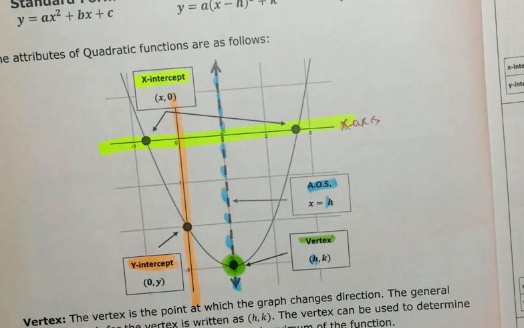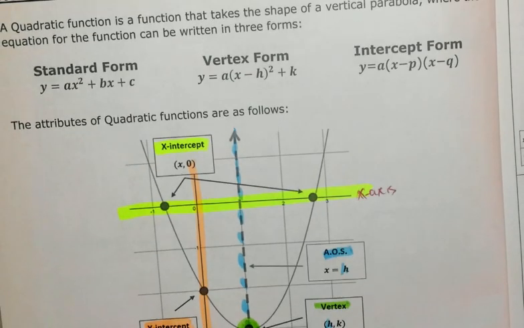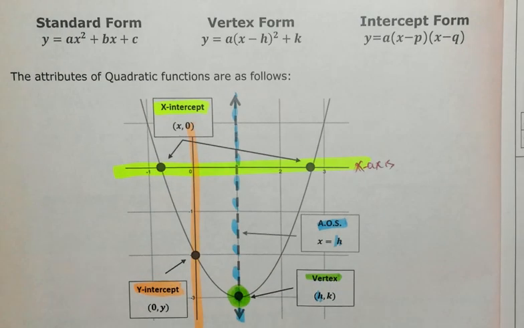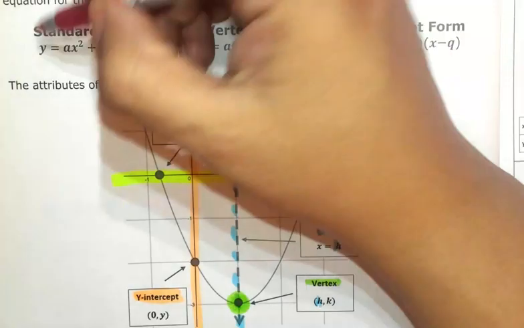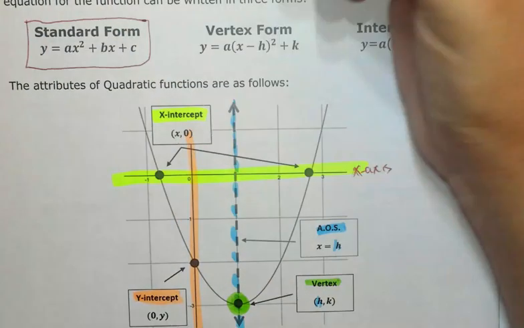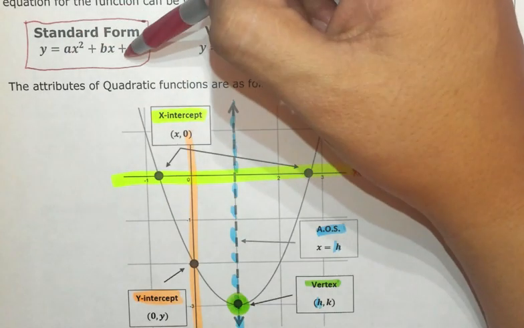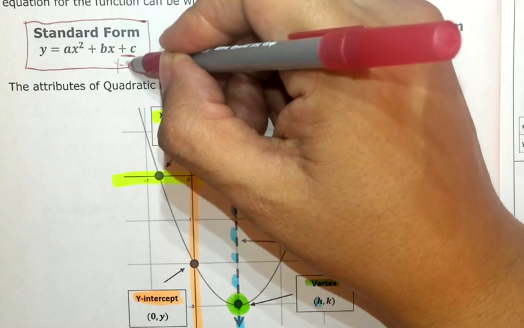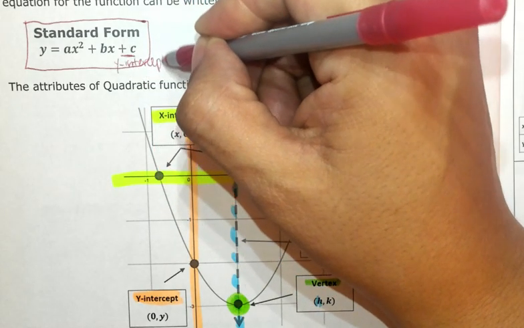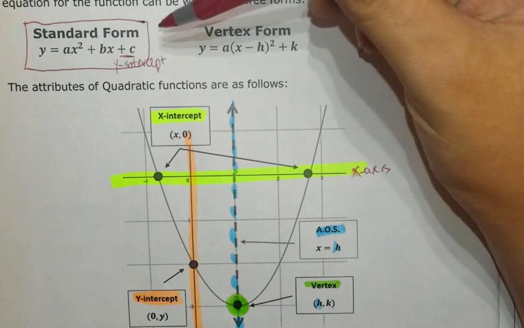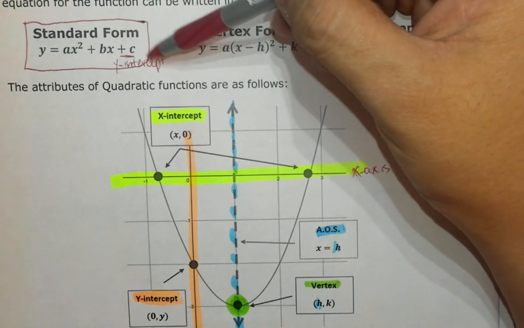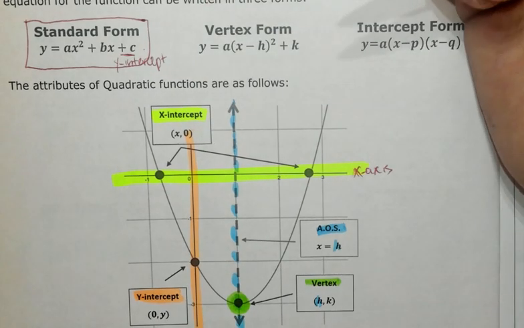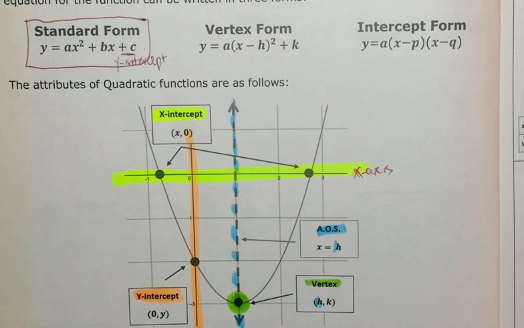Okay, the new things for you are finding these attributes from the different forms of quadratic functions. So standard form is written in a way where only the last value is an attribute. So it's the y-intercept. And that basically means that you don't have to graph this in the calculator when you could just identify your y-intercept right there. But if you want to find other attributes, then yes, graph it in the calculator